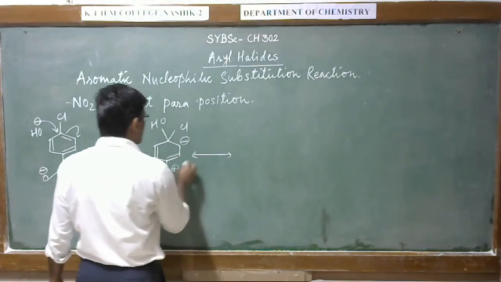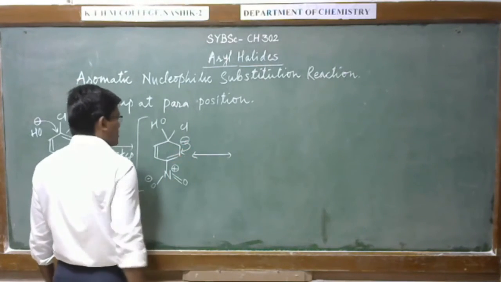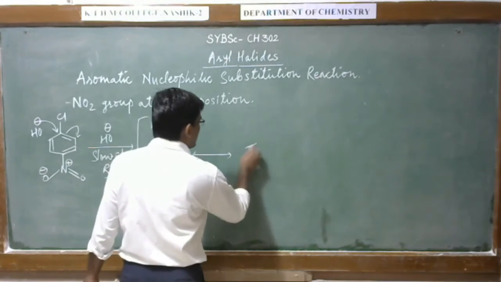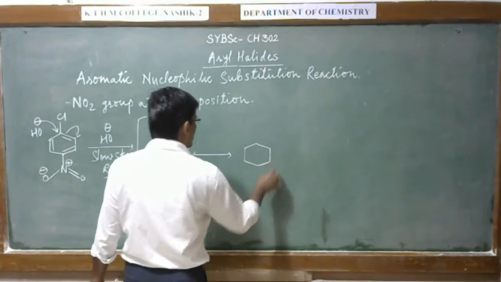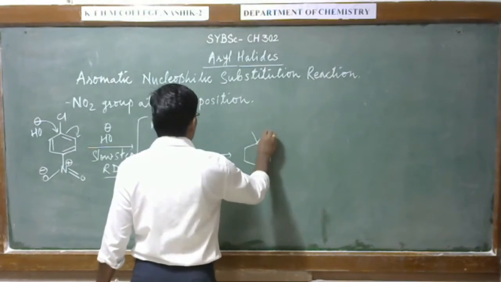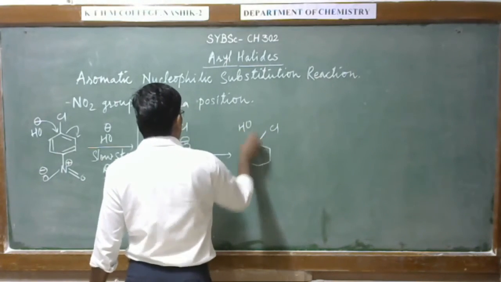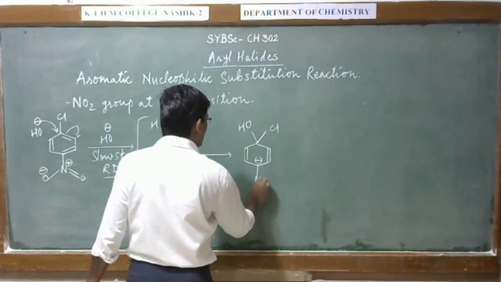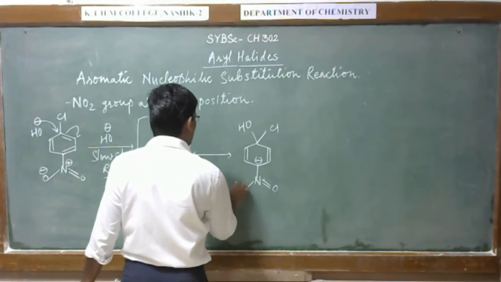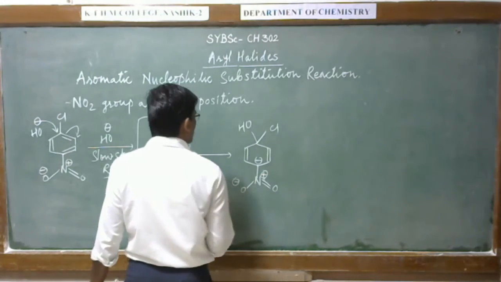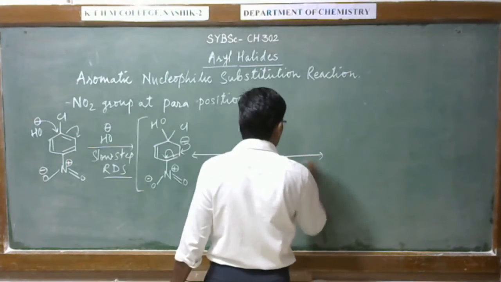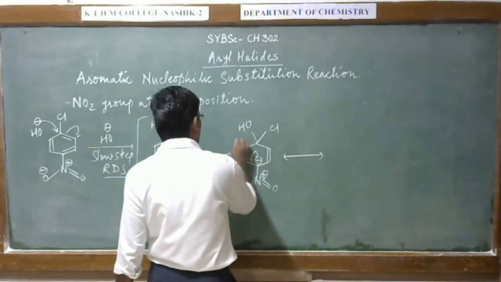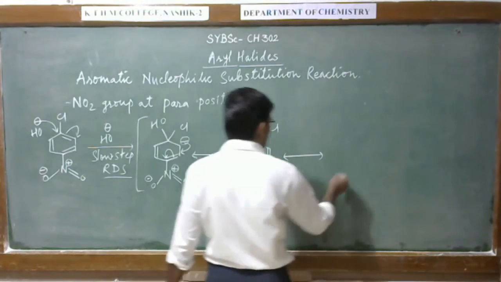In the next structure, this negative charge will restore over here and this bond will break. To get this resonating structure, further this negative charge will restore over here and this double bond will break,